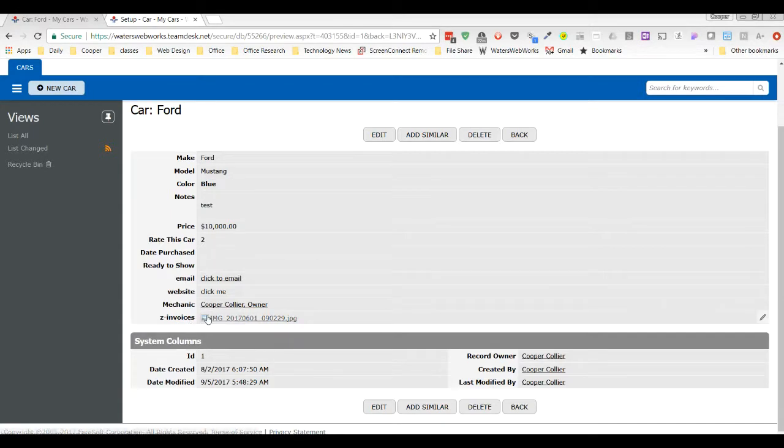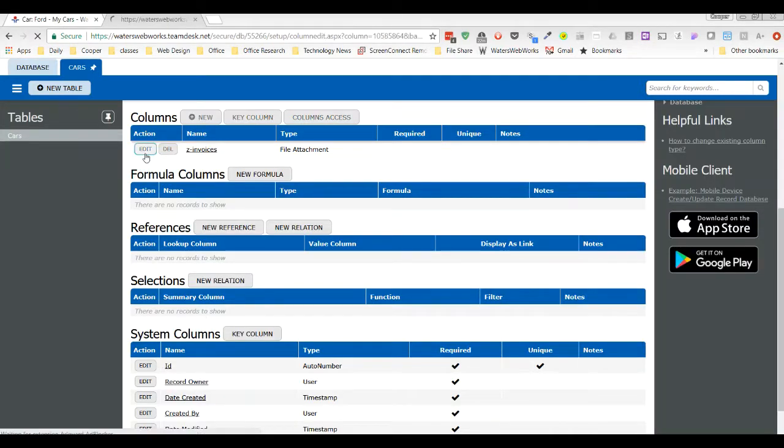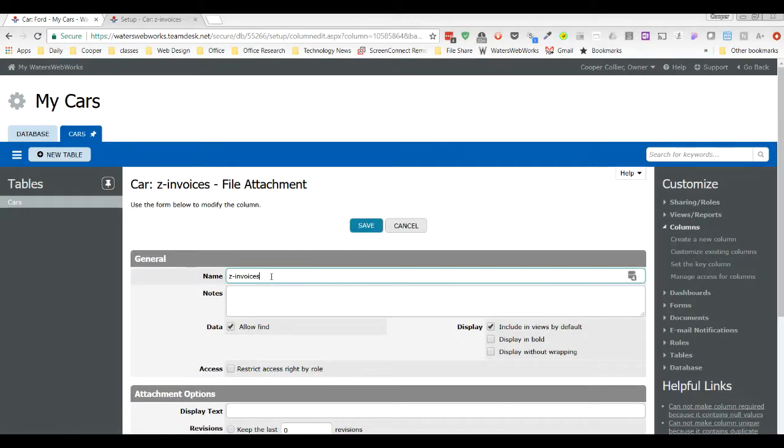This should be the car invoice. If you need multiple invoices, they should be a subtable, which of course we haven't gotten to yet. So this could be the car invoice, period. So there should only be one in there,